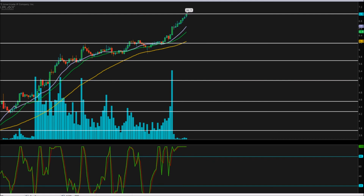If they didn't have that convergence here, here, here, and almost over here, then it would basically look like a pump, and it probably would fall back down hard. Maybe it would spike again and fall back down hard. This was a nice, steady stairway up, and that's exactly what we want to see on a bullish setup for